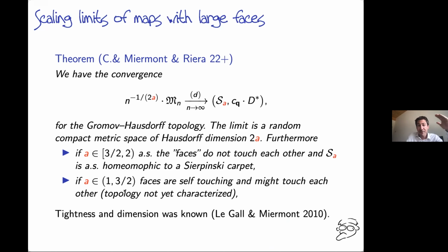Okay, to be fair, Jean-François and Grégory, 12 years ago, proved this convergence along subsequences. Or in other words, they proved tightness of these random variables in the Gromov-Hausdorff sense. So what remained to be proved is the uniqueness of the scaling limit. So it's exactly where we were for the Brownian sphere in 2005, before the breakthrough of Jean-François and Grégory 5 or 6 years after.